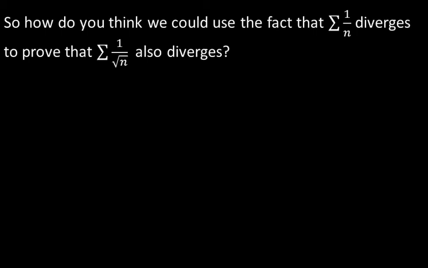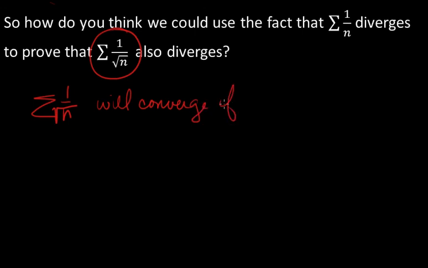So this is the last slide. How do you think we could use the fact that the harmonic series diverges? You've seen several examples where we have used the fact that we know when a geometric series converges or diverges. But this is also very helpful. This is called a p-series. We'll do more of it, I think, lecture after next. But let's see. What if we were given this series, the summation of 1 over n times the square root of n, will converge